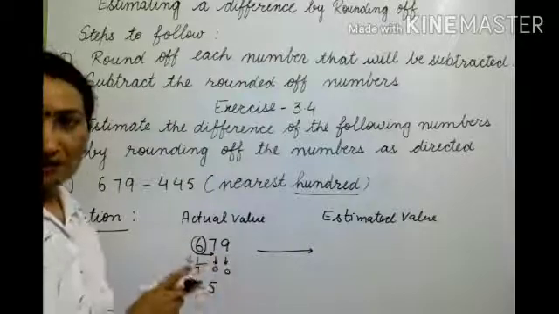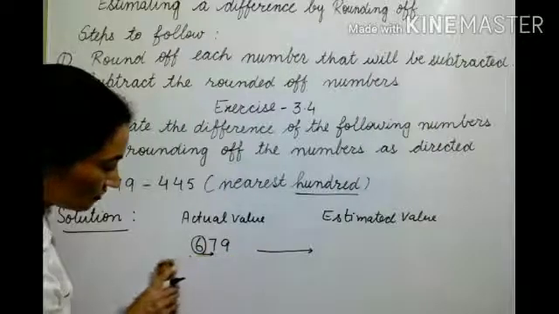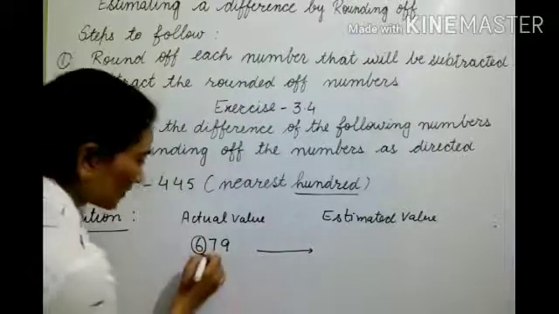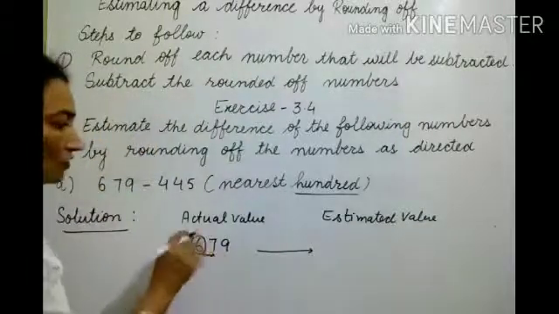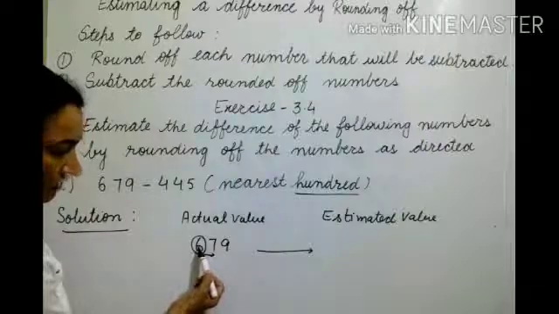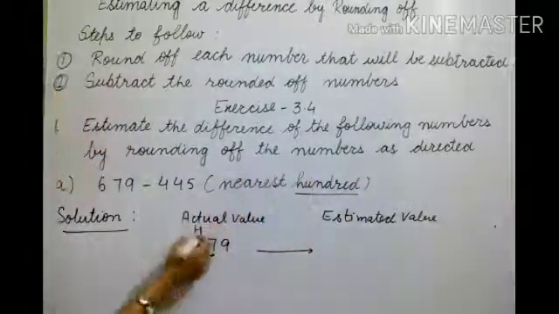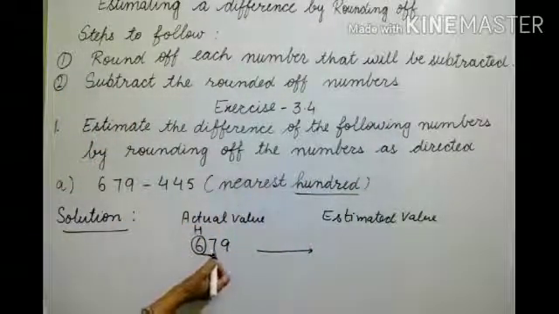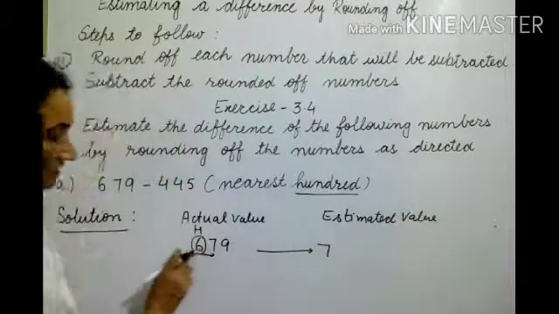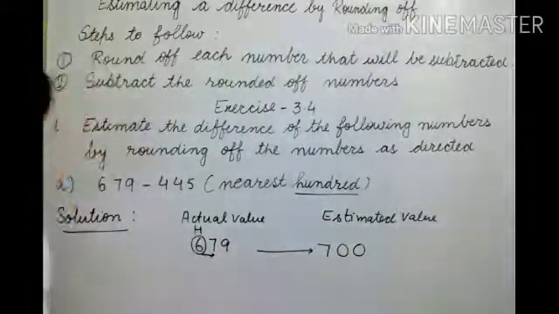That we will do in our mind now, because so many questions we have done like this. So we'll write here doing everything in our mind. Okay. First I have told you how we will do. So put circle on 100 place digit. To the nearest 100 is given. Then 100 place we will see the right digit, that is 7, which is greater than 5. So we will add 1 to circle digit. 6 plus 1 will be 7, and ones and tens place digit will turn to 0.